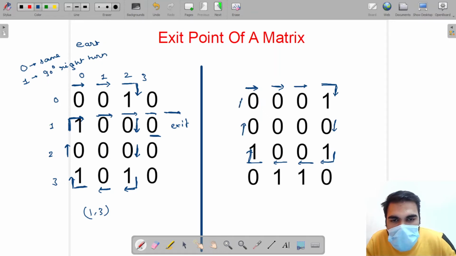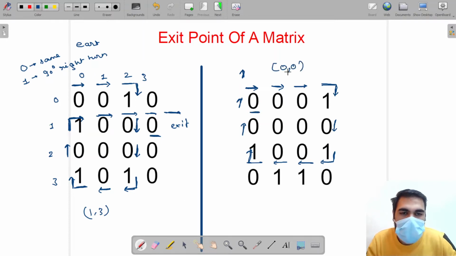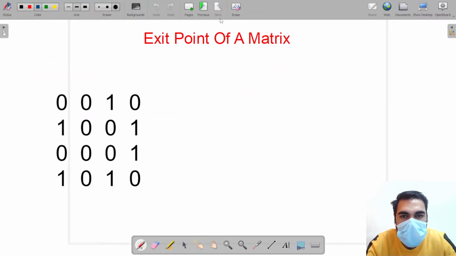Same direction. And we exit from this matrix. So we have to return this point, that is 0, 0. Let me discuss the approach on the next page.